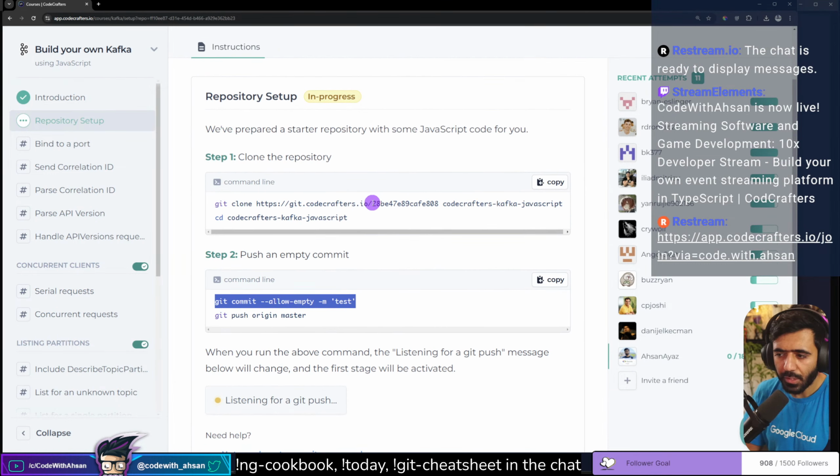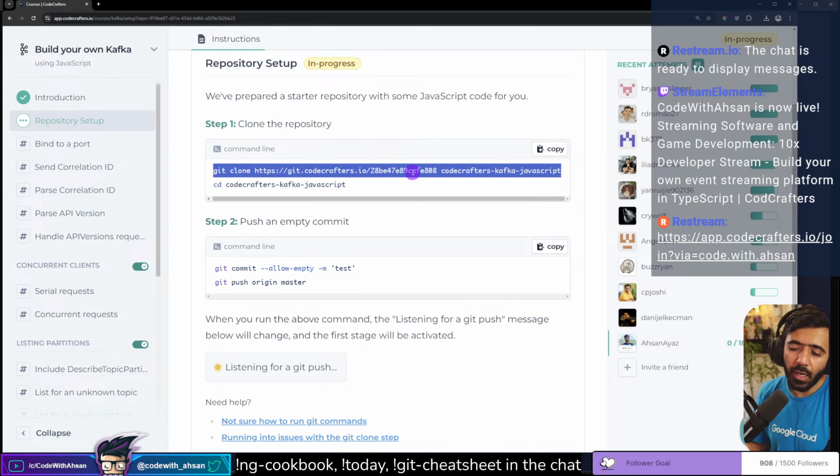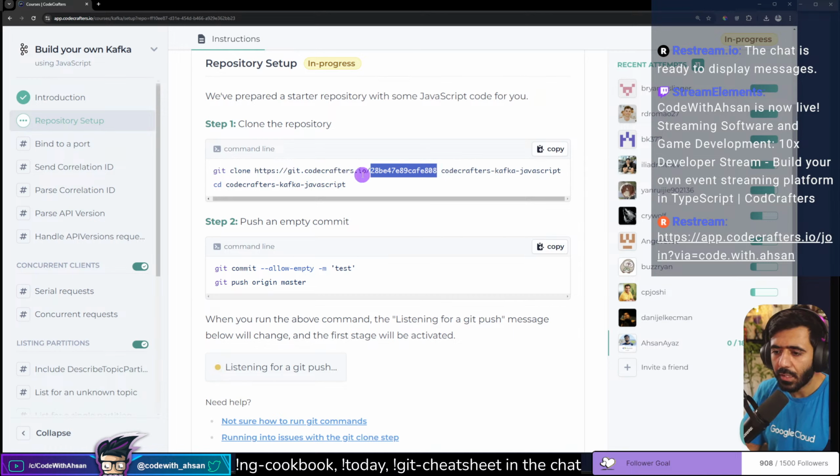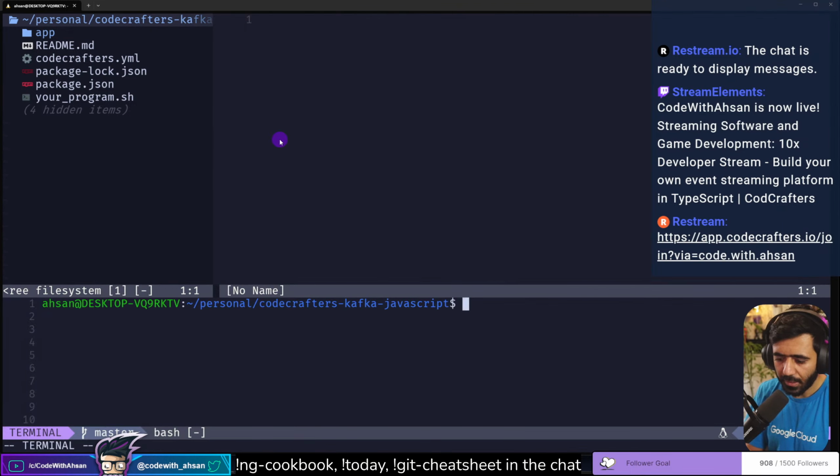Why do we need to push an empty commit? Okay, because they are creating this. Okay. I was confused a bit. So they have created my own repository for this. Interesting. And then I'm just pushing something empty. Really nice. Because I thought I would have to create my own repository for this, but that's good. So here I can then say